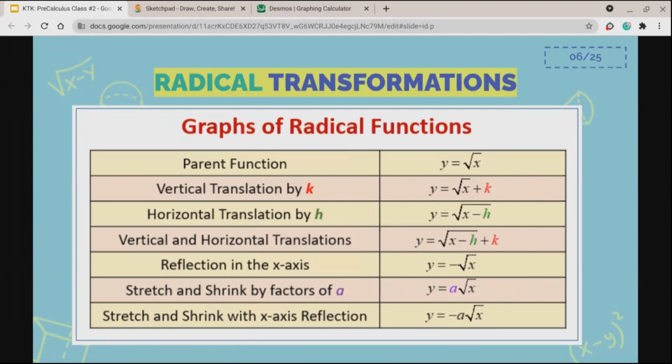As well as you have the reflection over the x-axis, which is y equals negative root x, and the stretch and shrink factors of a. So y is equal to a root x, and the stretch and shrink factors with the x-axis reflection, which is negative a root x. Keep in mind you can also have that horizontal reflection, but of course then it might transfer into a different